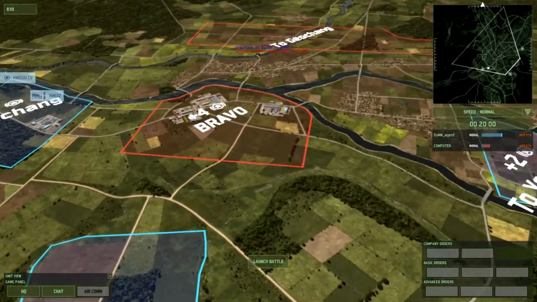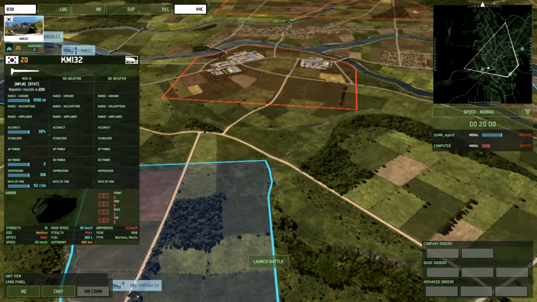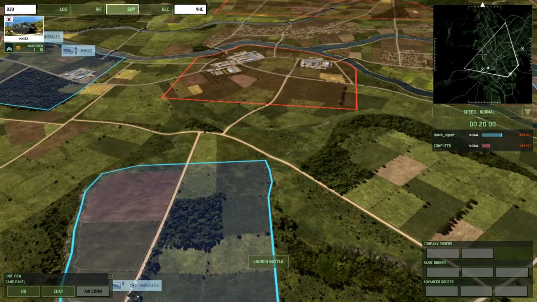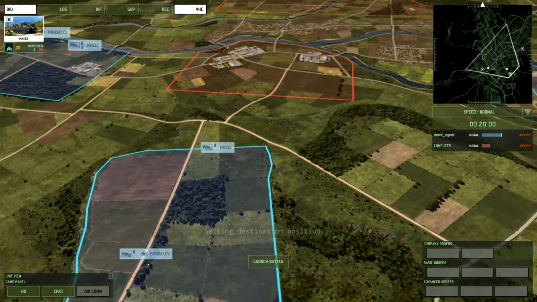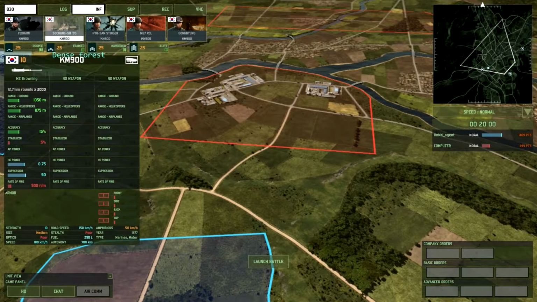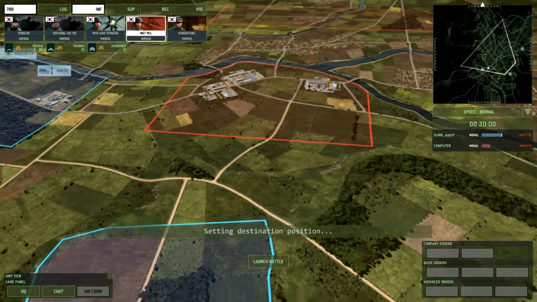Okay, so they have Bravo, they can attack any of these points as they like, and it's going to be quite tricky to defend it. Okay, vehicles, for some reason we lost all of our anti-tank forces. I don't remember them dying, but okay, let's just roll with it. Okay, we need infantry. These are the only anti-tank guys we have left,